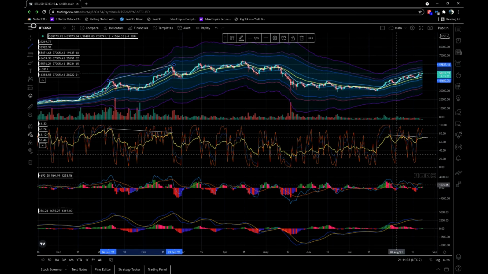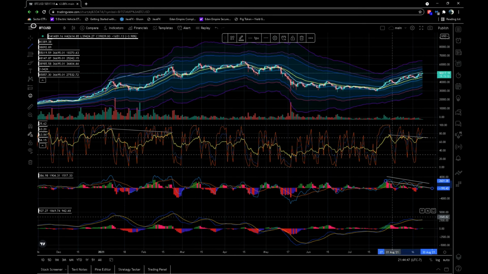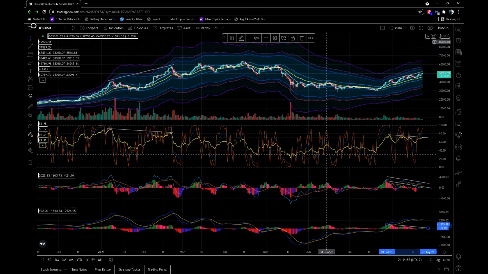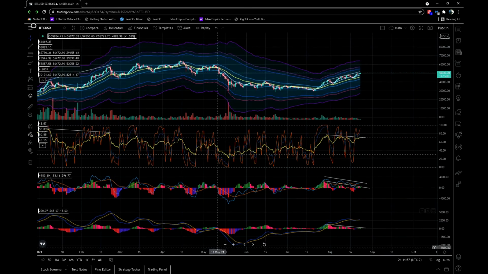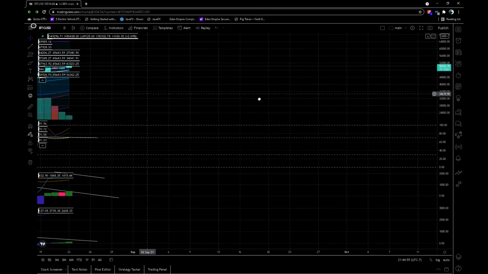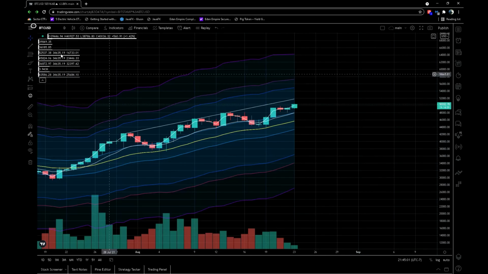We have some faster MACD here also moving down, and then we have the histogram here, not the signal lines itself. We've got the histogram also moving down here. If you want to zoom in on your own chart, feel free. Signal lines moving up here, but we have the histogram moving down overall. You can confirm that yourself. We're on the daily, by the way. We have the declining volume,